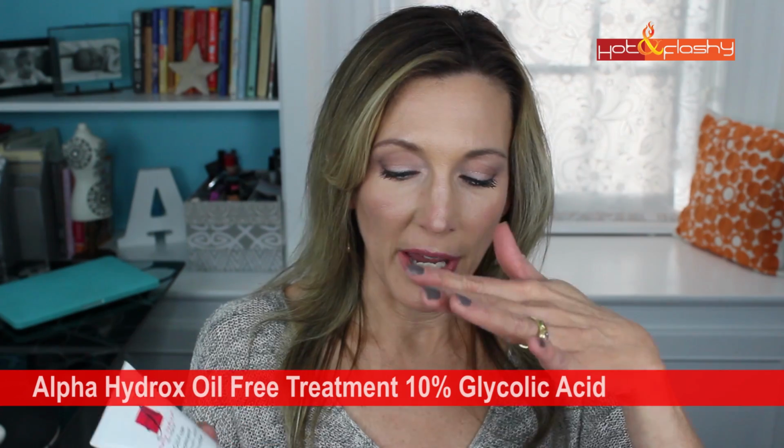So everything that I put on there I also put on my hands, but it seems like they need a little something extra, so I have been using a glycolic acid on my hands. The one I've been using is the Alpha Hydrox Oil-Free Treatment 10% Glycolic Acid. I just put a little squirt on the back of my hands after all the other stuff, rub it in,